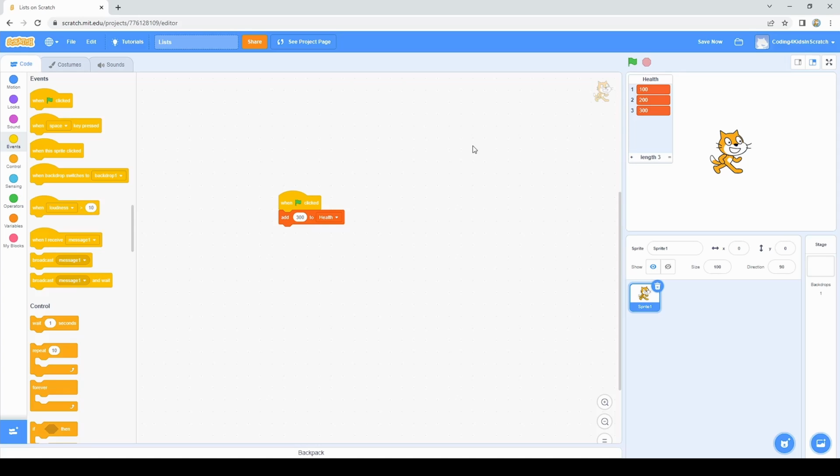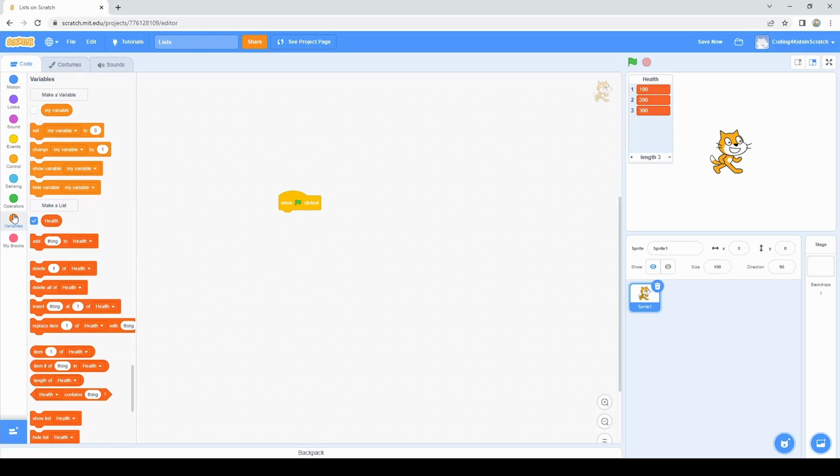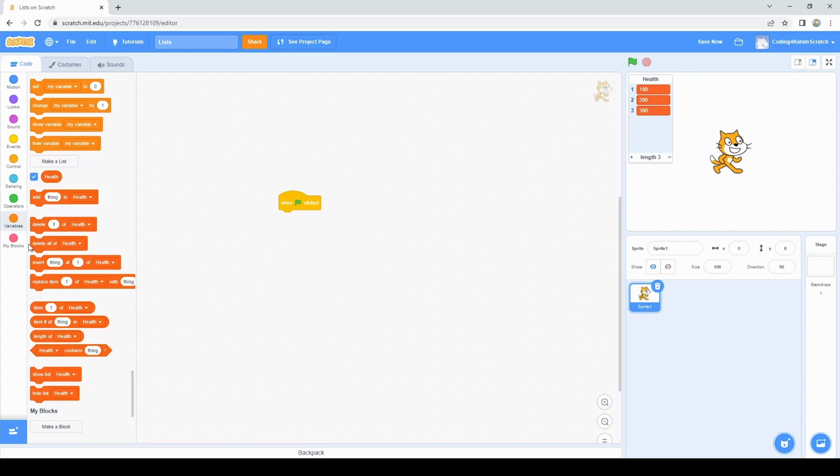So then, in addition to the add block, Scratch also provides a second, more precise way to add values to a list. So for now, let's remove this add block by clicking it and dragging it back to the code area, and let's go back to the variables category. Then, let's find insert thing at 1 of health, and let's drag it underneath the when green flag clicked block. So, like you might guess, this